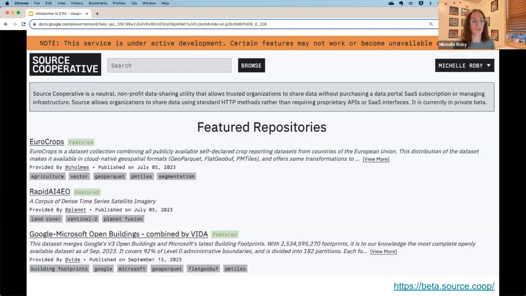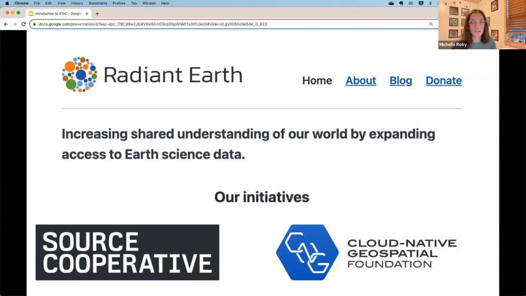So you and I could share a data source here on Source. The whole idea is to be able to share it easily over the web using the cloud, and also be able to create URLs to share data easily. You can just send a URL to your friend saying, hey, here's my data set that I created, and here it is on Source. So that's in development. You can go check that out, and we have links on our homepage to this site if you want to see that and learn a little bit more and explore new data sets.